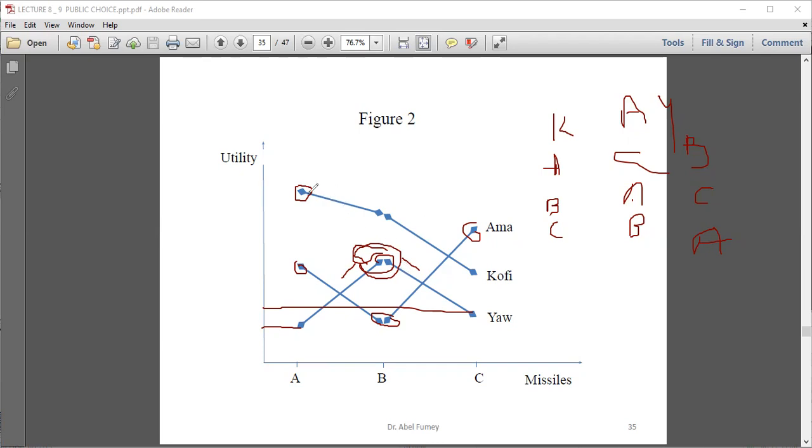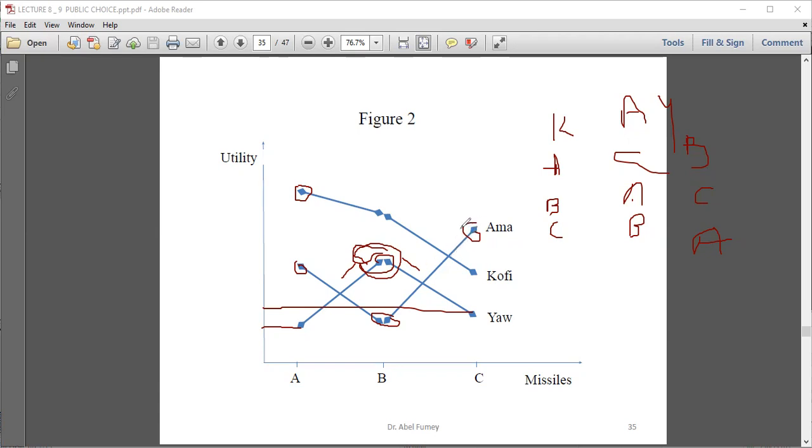Nonetheless, whenever you move from that peak, you see that there's a reduction in the person's utility. So these are preferences with single peak. The preferences are single peaked. So Kofi has a single peak preference because as he moves from A, there's always a reduction in utility. Yao also, the preference for Yao is also single peak, but when he moves from his ultimate choice, there's always a reduction in utility. But if you take Amma,